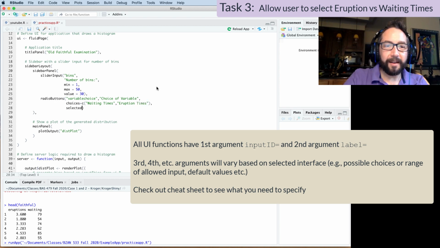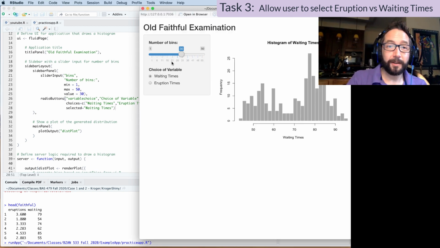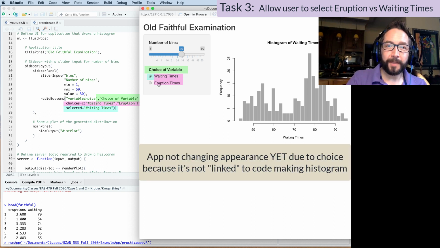And then we want to have what is selected by default. So we can say, well, let's just have waiting times be selected by default. I'm going to save this and click Reload so we can see how the app has changed its appearance. So we now have a new interactive element, choice of variable, and I can select between waiting times and eruption